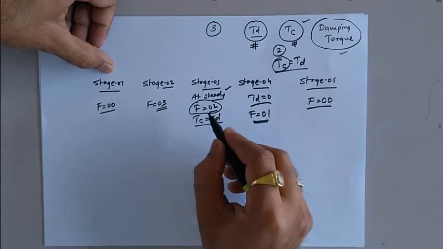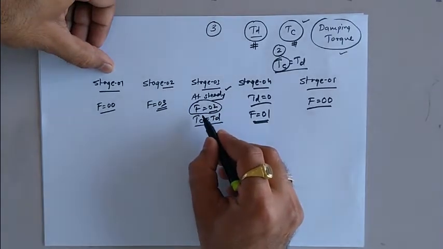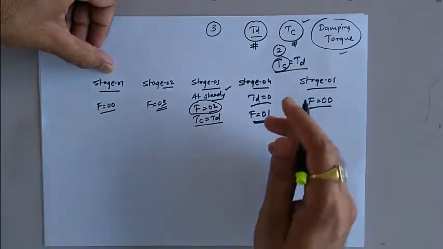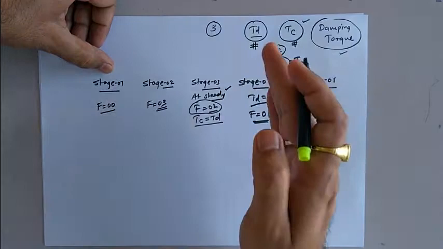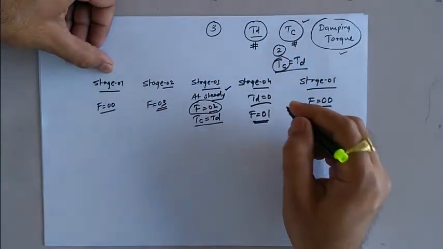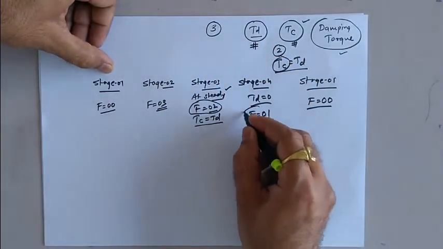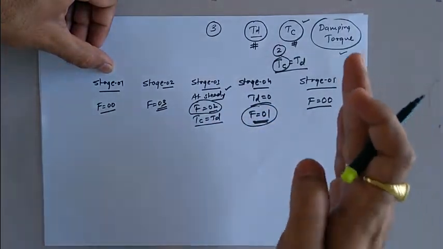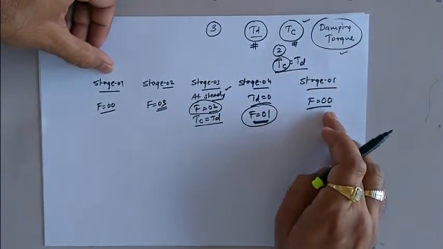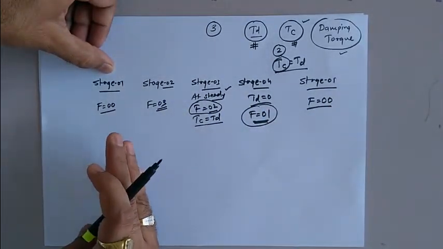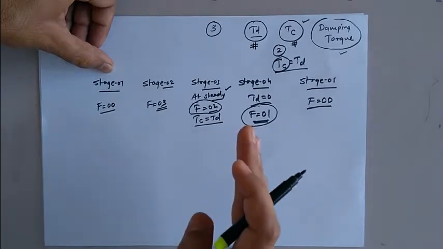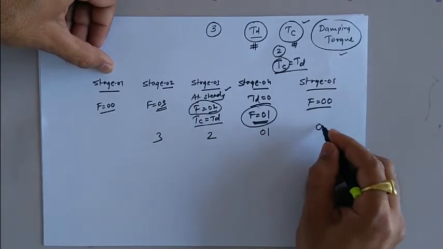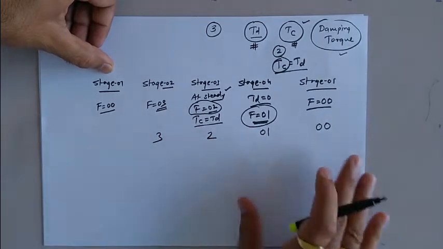First one will be your deflection torque, and second one will be your controlling torque. There is no role of damping torque over here. And then next instant, when the instrument is disconnected from the circuit, the role of damping torque is going to be 0, and we are having only one force acting in it. And finally, when the instrument comes back to its initial position, there will be no force developed in it. So the flow, or you can say the change of these operating forces, is from 3, then 2, and then 1, and then finally coming back to 0, which is very, very important.